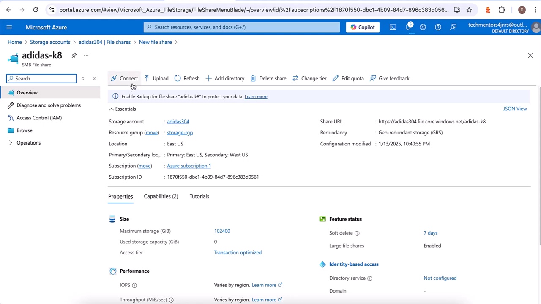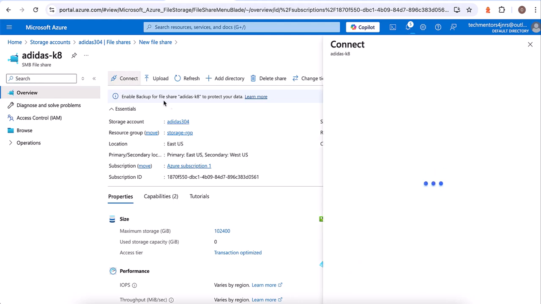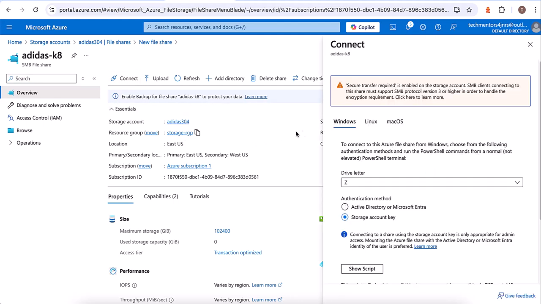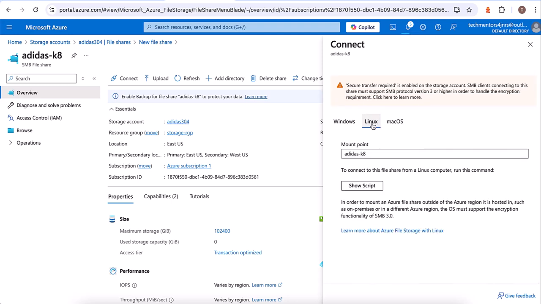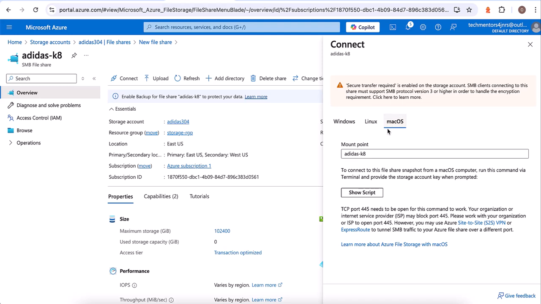So you will be asking, how do I connect to these file shares? Like, how do I connect my virtual machine to this file share? So to do that, you click on connect. So you can see the three major operating systems, which are Windows, Linux, Mac.